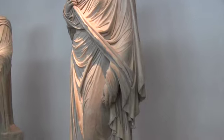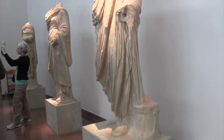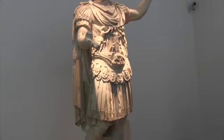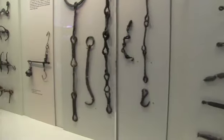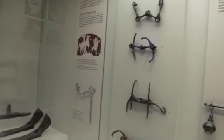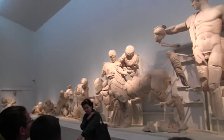Notice how beautifully it seems, as a layman, that the robes flow across the parts of the body. How does an artist imagine and then execute this kind of stuff? He was pointing out tools that were used by the ancients and suggests, although I can't identify it, that many of these tools are the same tools used today for the same kind of functions, indicating how similar those eras were versus today. And somewhat answers the question that the archaeologist and I discussed about some of the major sweeps of